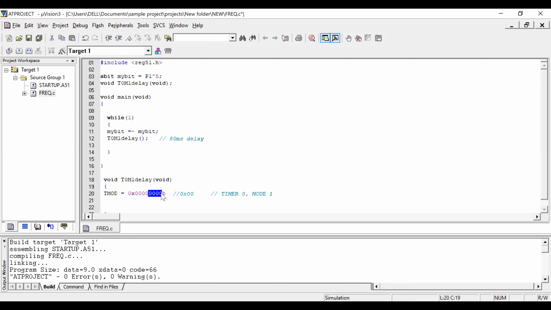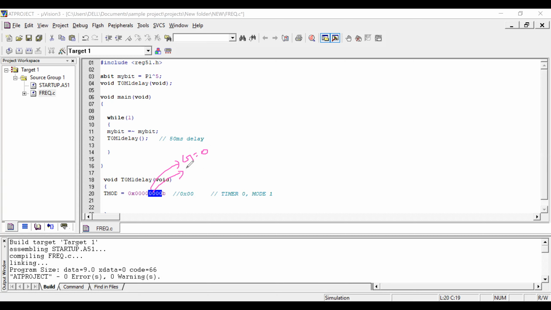What is my program? Already we have seen the bits here. This is for gate. Gate should be 0, since externally we are not controlling.